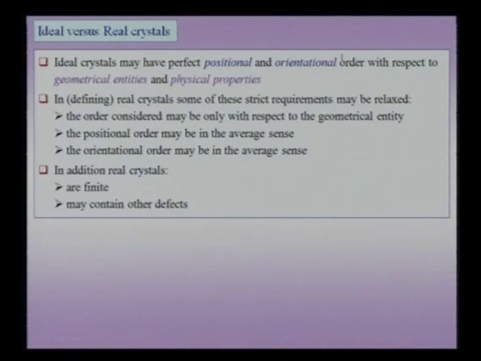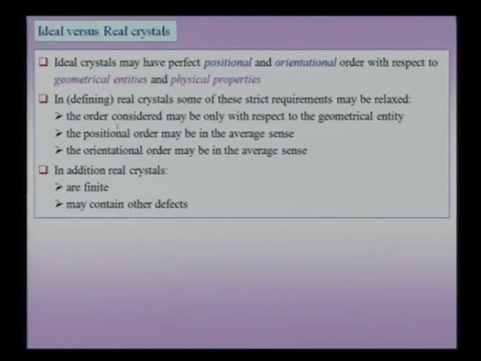So, some things we may note, for instance: ideal crystals may have perfect positional or orientational order with respect to geometrical entities and physical properties. In defining real crystals, some of these strict requirements may be relaxed. So, we may relax some of these requirements, and we will do that in the form of a flow chart in the coming slide. So, we may only consider the symmetry or the order with respect to the geometrical entity,